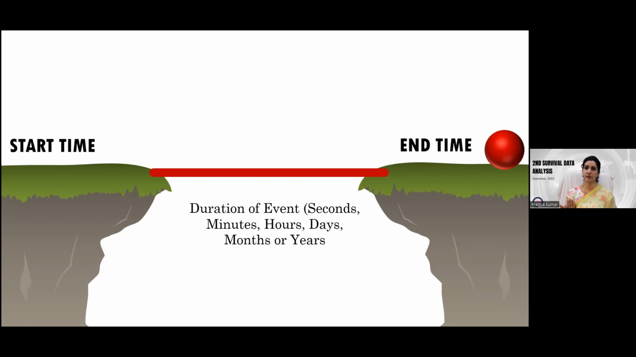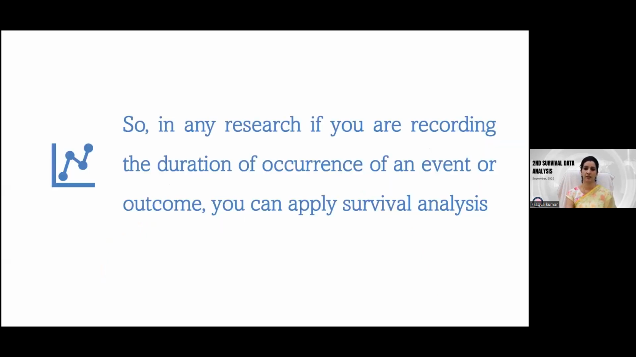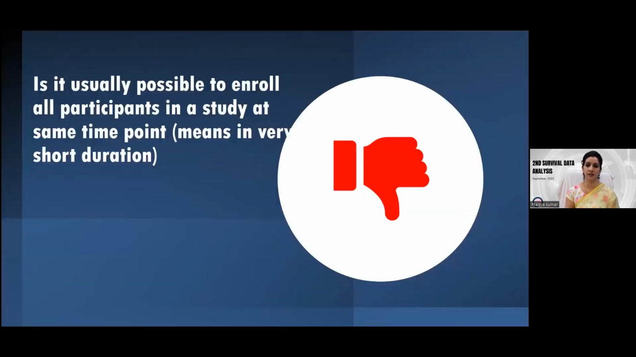Anshuman is writing rheumatism control to relapse of symptoms. Yes, that can also be there. So in any research, if you are recording the duration of occurrence of an event or outcome, you can apply this survival analysis. So usually it is,